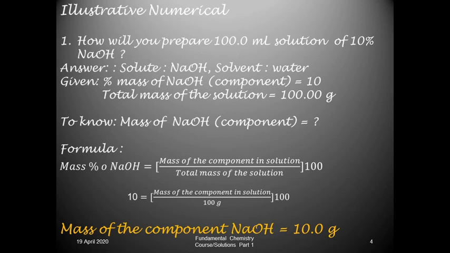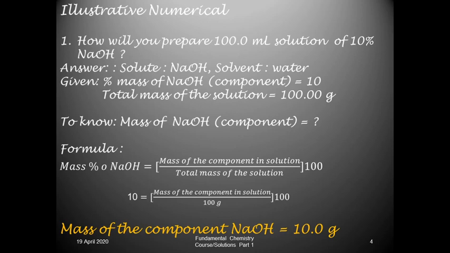So how should one approach the problem? You should write the problem, and you should write the given things, or things you understood from the question. Solute: your solute is NaOH, because you are preparing 10% NaOH, meaning the remaining 90% is going to be water, as it is asking you to prepare an aqueous solution. So water is going to be the solvent and NaOH the solute.